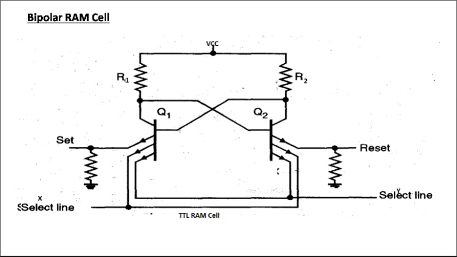So in the static memory, if you see the structure of static RAM, it consists of two cross coupled inverters, you know that inverter, and two transistors. The inverters act as a latch and the transistors act as switches. The latch is connected to two bit lines through transistors T1 and T2, and the word line controls the opening and closing of transistors T1 and T2.